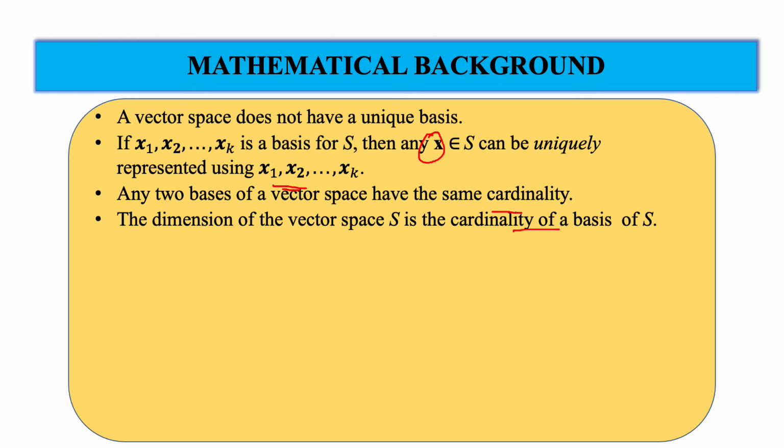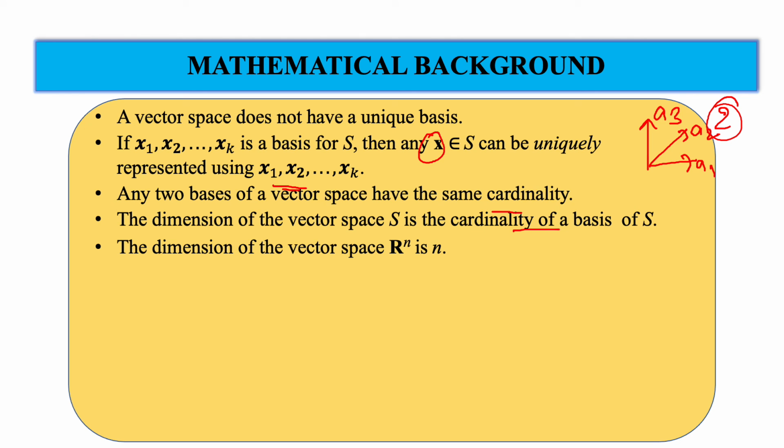Now when we look at the example of two-dimensional space, we saw that A1 and A2, or even A1 and A3, are enough to represent any vector in two-dimensional space, and further A1 and A2, or even A1 and A3, are linearly independent. So they form bases. So the dimension of this space is 2 because they can form bases of size 2. Similarly, extending this idea to high-dimensional space, we can say that the dimension of vector space Rn is n.